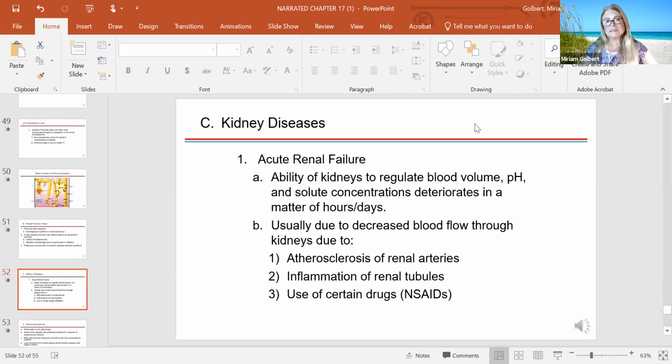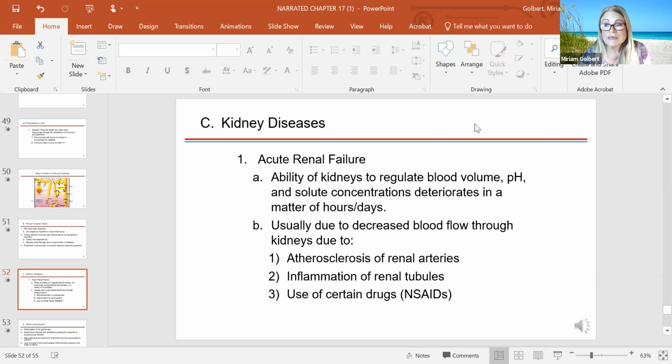So kidney diseases: acute renal failure is when all of a sudden something happens to the kidneys and they stop urine formation. They cannot regulate blood volume or pH, and this happens in a matter of hours or just days. That's why it's called acute. Acute means something that comes all of a sudden. And it could happen from using too many NSAIDs, those Advil, ibuprofen drugs,